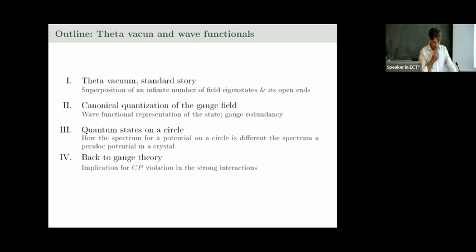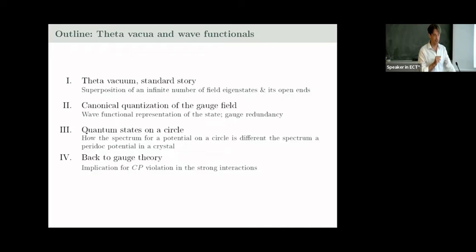And so I think this gauge redundancy, especially in this case of a discrete redundancy that brings you back after some finite trajectory in field space to the same point, resembles a situation when you put a point particle in quantum mechanics on a circle. Whereas typically in this business, one has the picture more like a Bloch state, where one puts the point particle in a potential which is exactly periodic. Of course, you could argue they are the same thing, but I want to carve out in what respect they are not the same thing,